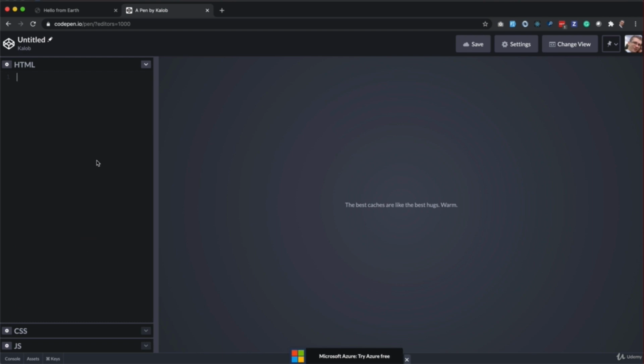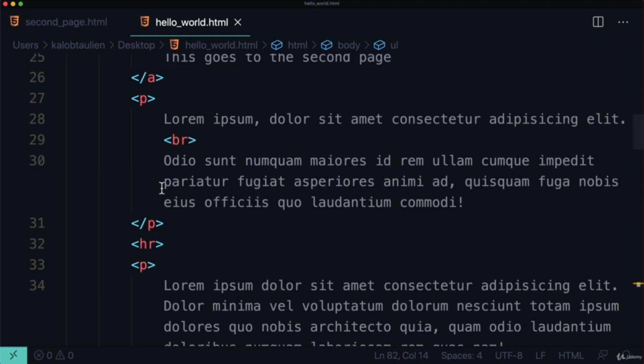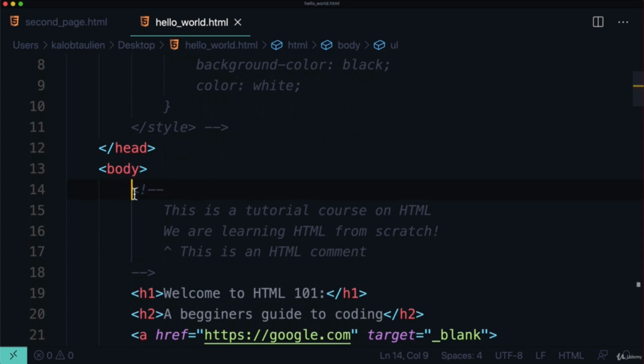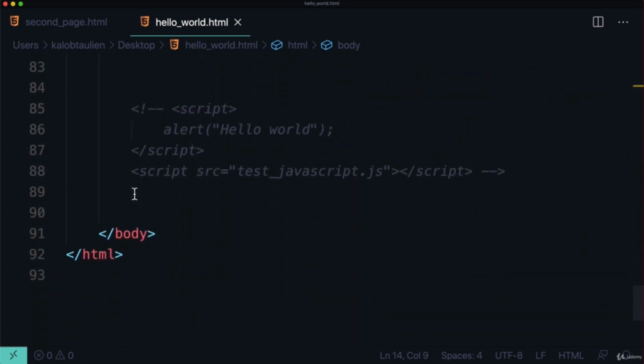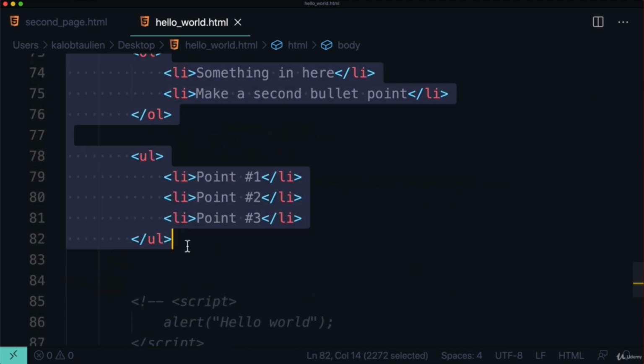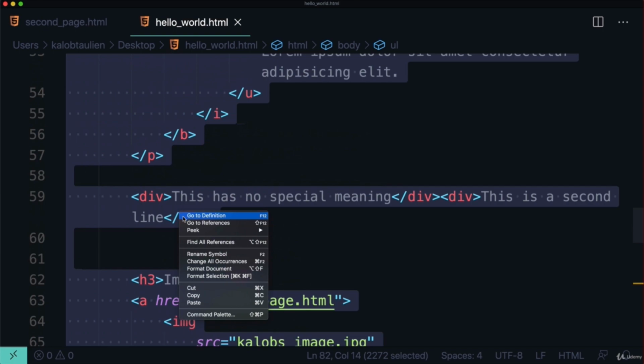Now, in here, you can write anything. Hello world. It just takes a second, but it eventually renders for you. Now, the thing is, you do not need your doctype. You do not need html. You do not need body. You don't need those tags. What you do need is everything between the body tag all the way down to the closing body tag, right there. So we can now copy,